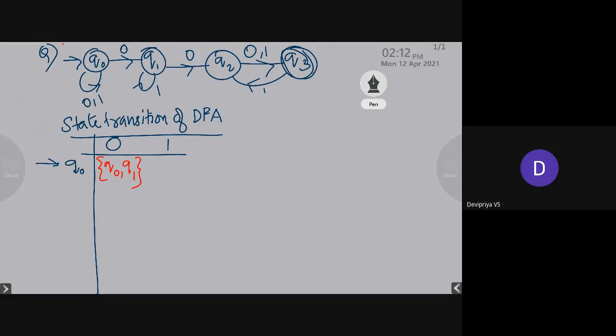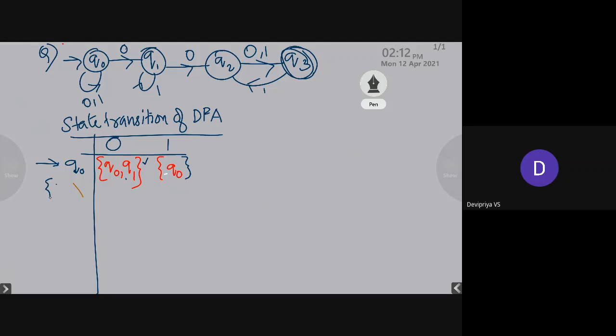And again, for the input symbol 1, from the state Q0, it will move to the state Q0, and no other transition is there, only one state, which is Q0. So here I have obtained a new state, which is Q0, Q1.